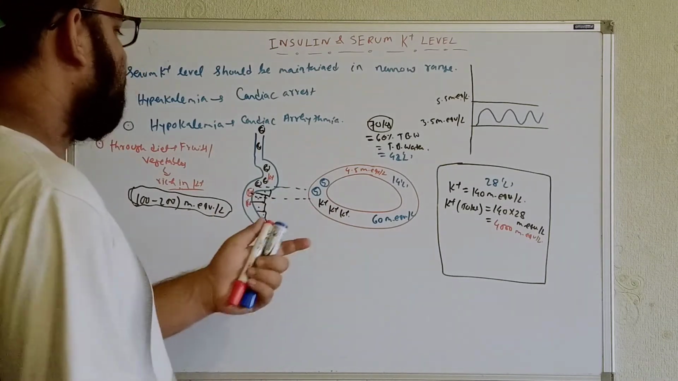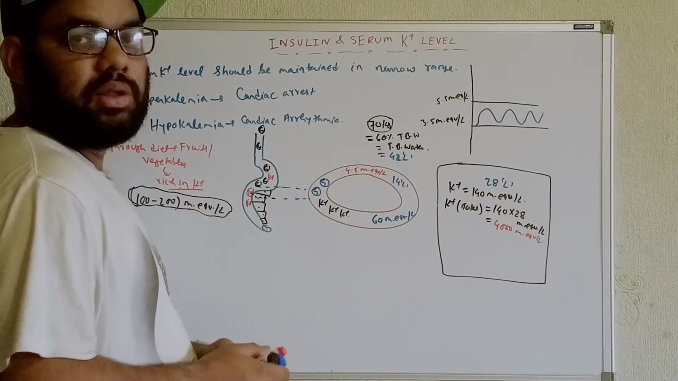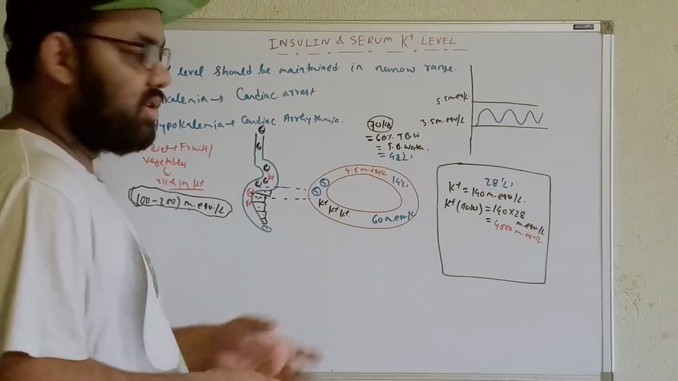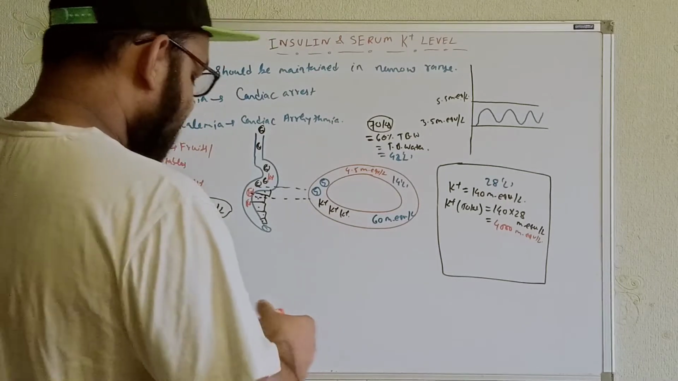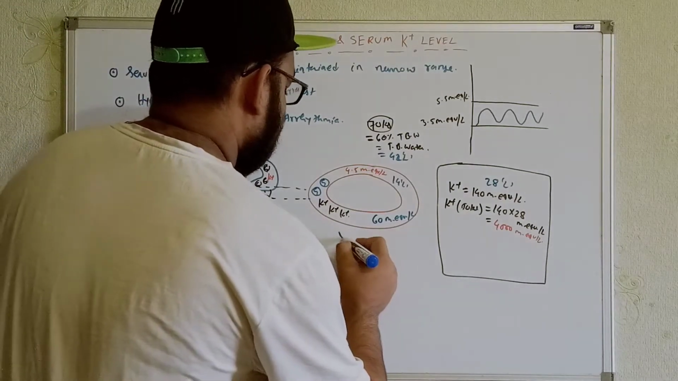Why? Because definitely within the body there are some counter regulatory mechanisms or alternative mechanisms that will handle these things. So what is that thing? Try to understand from here. What do we know? Through the nephrons, through the kidneys,